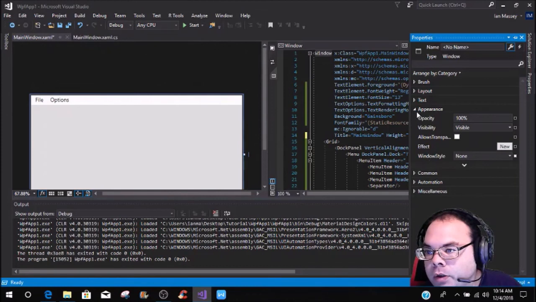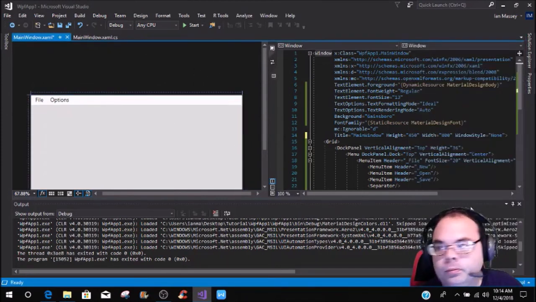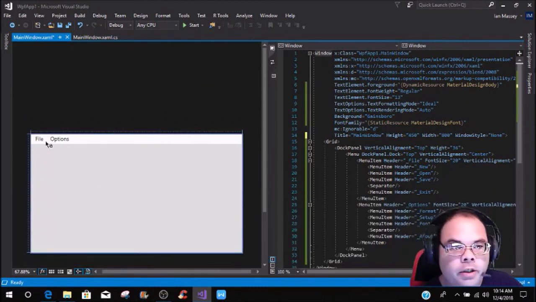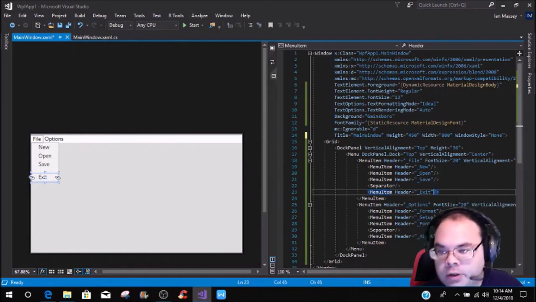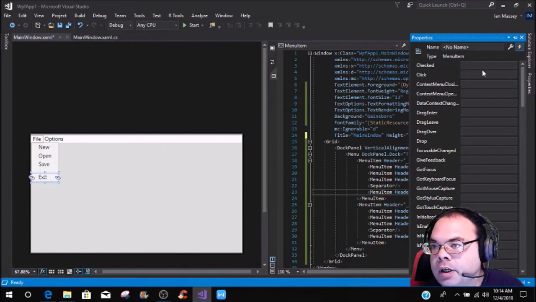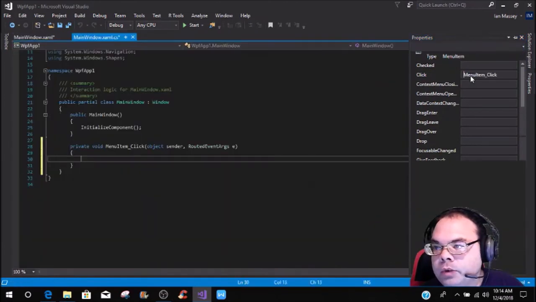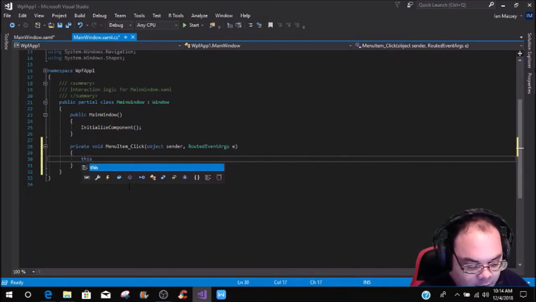And then we're going to put the exit button under the exit form under here. So when you go right here to the exit, you want to make that menu item clickable. So click, and then you're going to put this